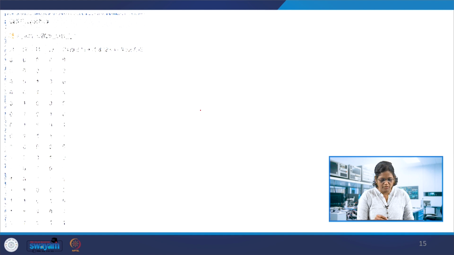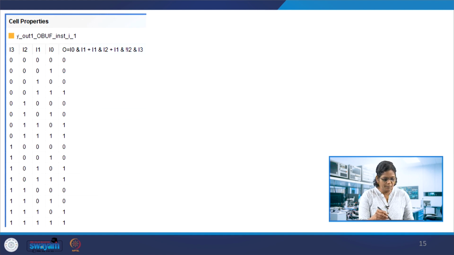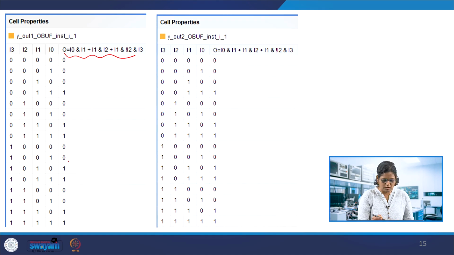If you check each LUT, what is it doing? It is doing optimization and the Boolean equations. The input output behavior of your circuit is now understood by the simulator in the synthesizer. There are 4 inputs, I0, I1, I2, I3, and what is the logic to be followed here? It gets the Boolean equation for it and lists the output. Similarly for y out 2 it gets the output.